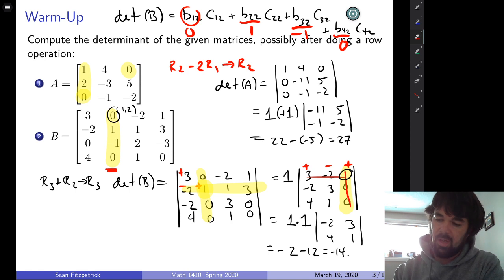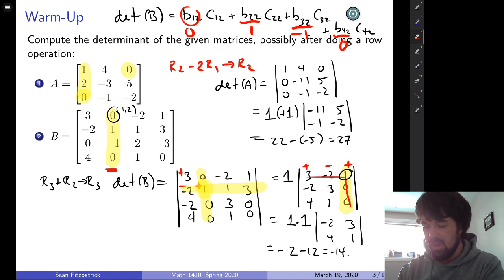Similarly, I don't bother calculating the C42 cofactor because I'm going to multiply by 0, right? And I want to calculate as few cofactors as possible because each cofactor is a determinant, and determinants are kind of annoying, right? We want to minimize the amount of work that we do. Okay? So we can choose that column because we have 2 zeros. So now we only have to calculate 2 determinants,